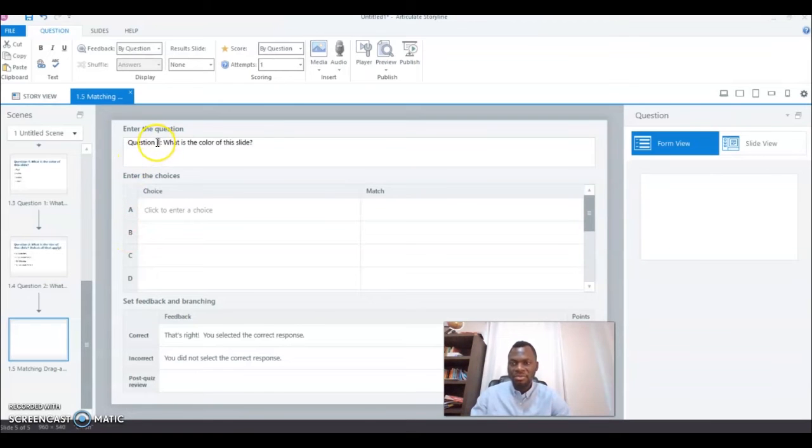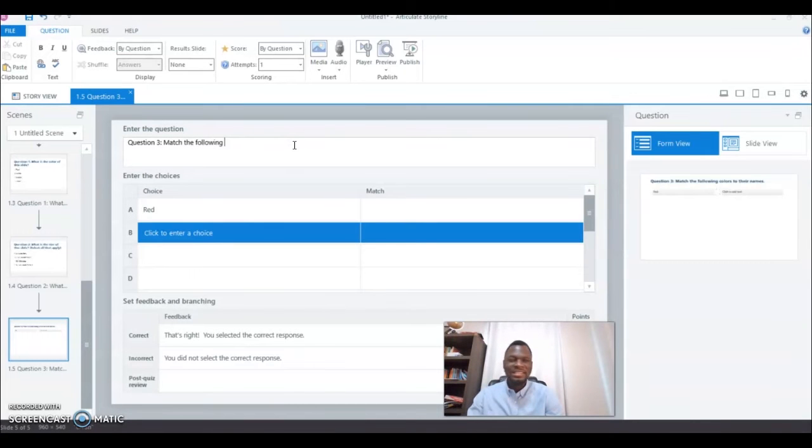I still have that on my clipboard, so you can ask a different question, like let's match the following. What can we match? The following words to their correct alphabet letters. So you have